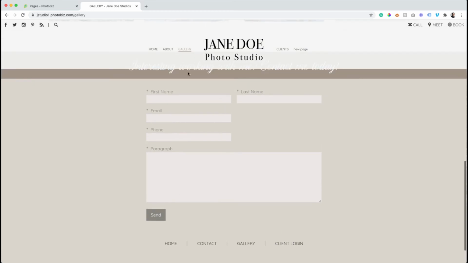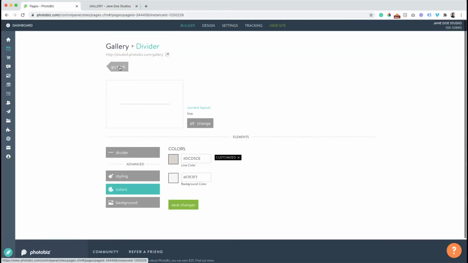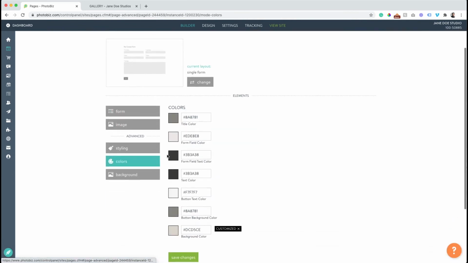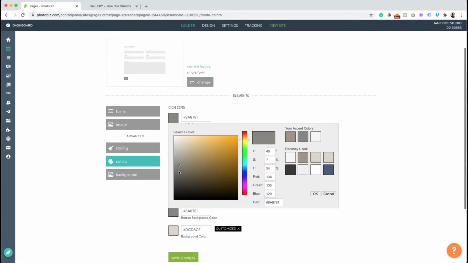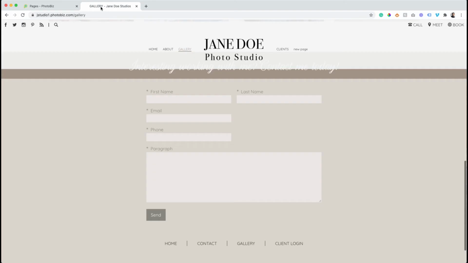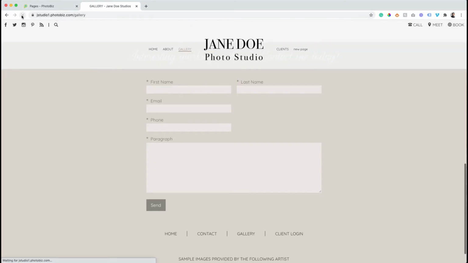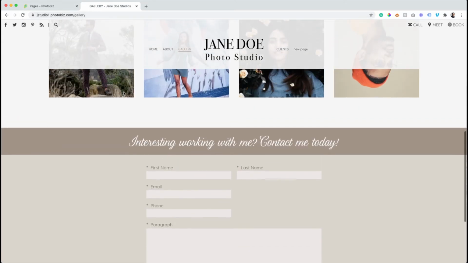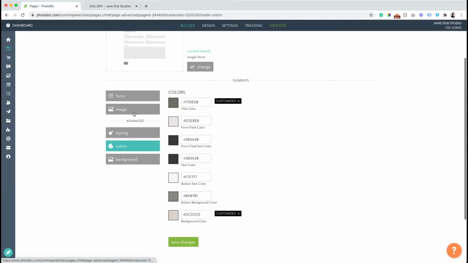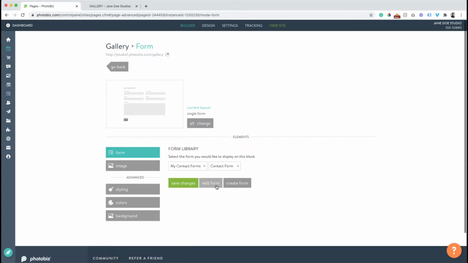I'm just going to modify the form just a touch so this text is a little bit more visible. Go back to the colors for it. Title color, we're going to bring it down just a bit. You have all your recent colors here if you need to. You just keep modifying until you get the desired look you're going for. Like something right here, I wanted to modify how this block is placed. I'm going to edit the form,